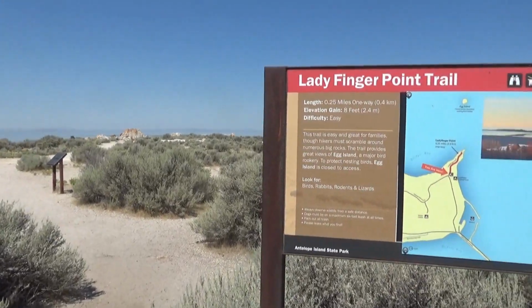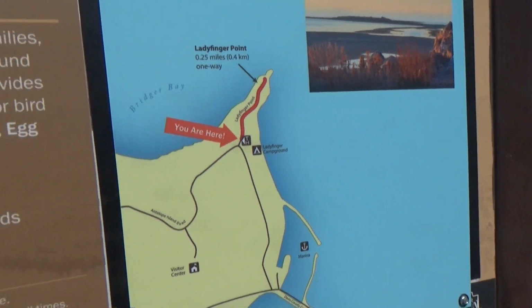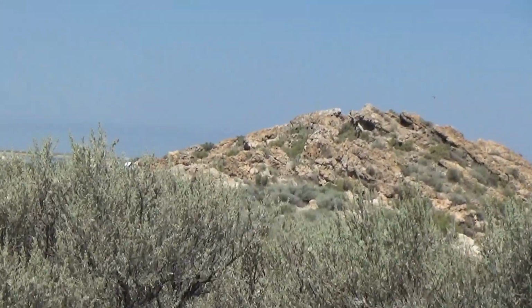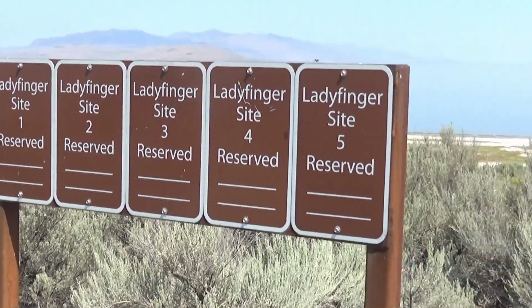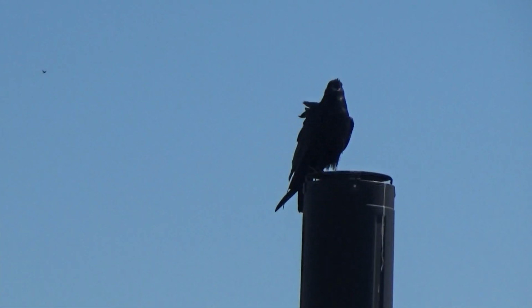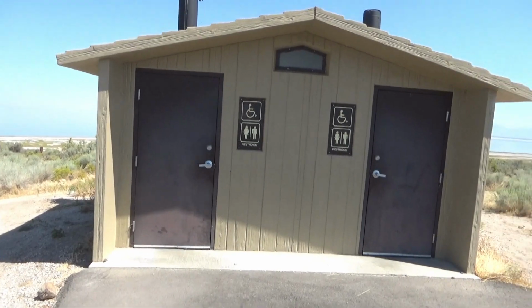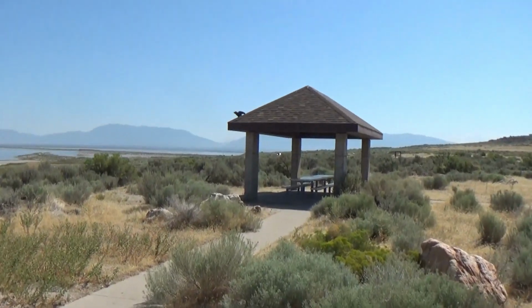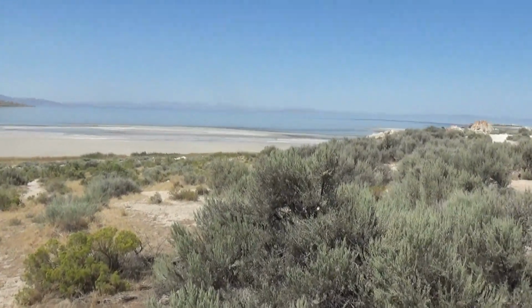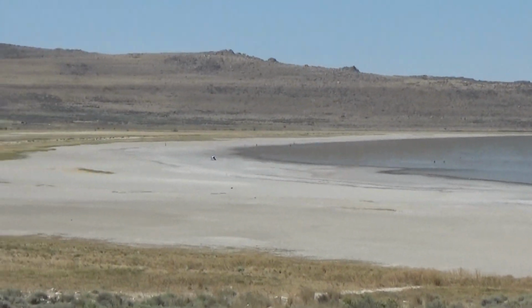This is called Ladyfinger Point, and that's your Ladyfinger. This is the gravel trail that goes out to it. They have 5 individual sites here that you can stake out for the day. They do have a restroom building and 1 covered picnic table, a paved parking lot, and a really big beach, but with nobody there